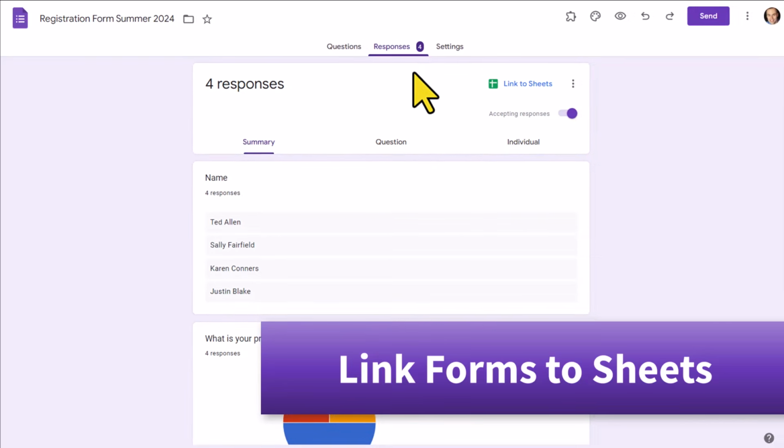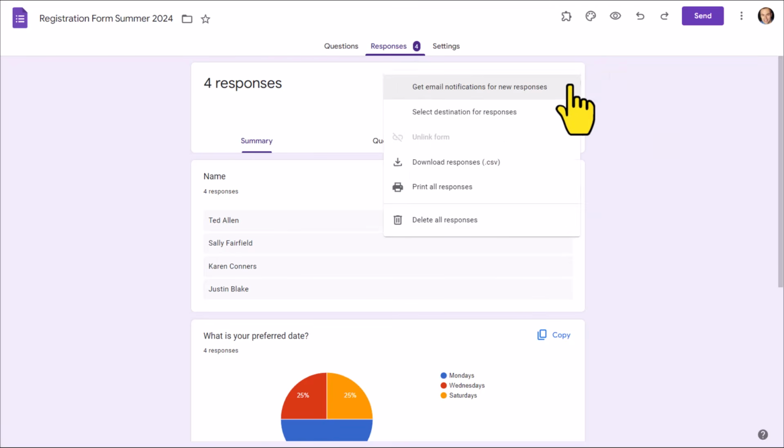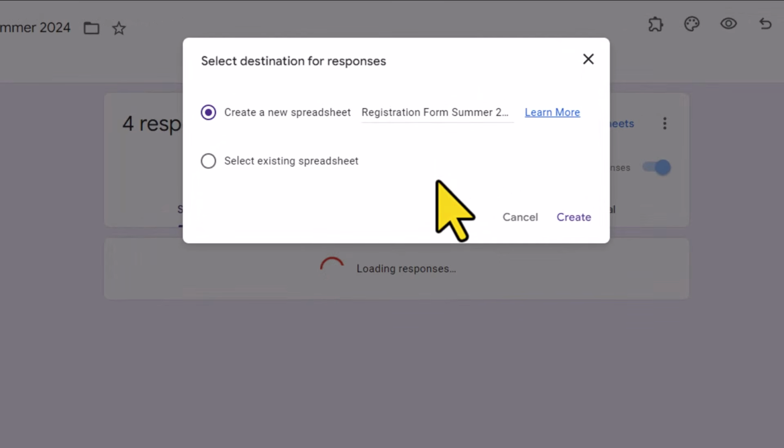Here within that same Responses tab, we can come up here and select Link to Sheets, or we can select the More dropdown and select Destination for Responses. Either one will lead you to this dialog. Now, by default, the first option is selected, Create a New Spreadsheet. We're going to start with this example, and then I'll show you how we can add it to an existing